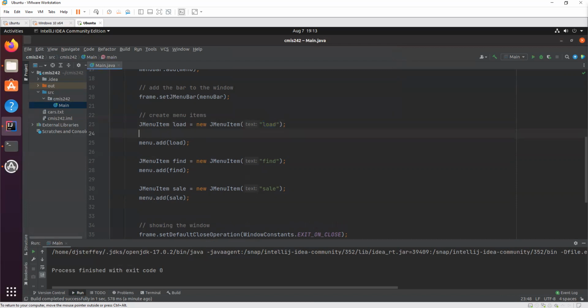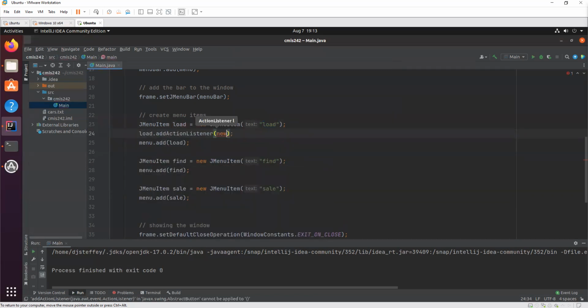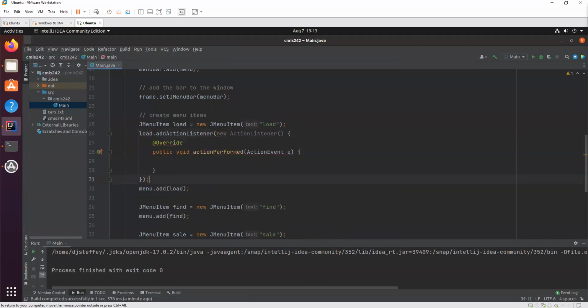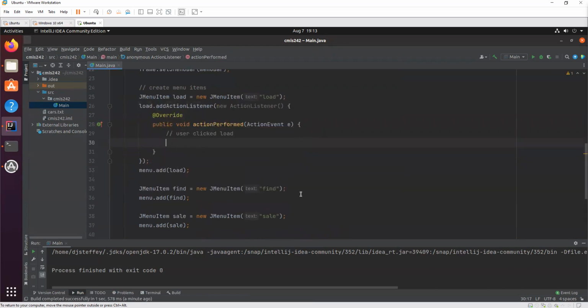So with this load, we can add an action listener, a new action listener, and then in this action performed, user clicked load. So whatever we want the program to execute when they click load, we're going to do it right there.